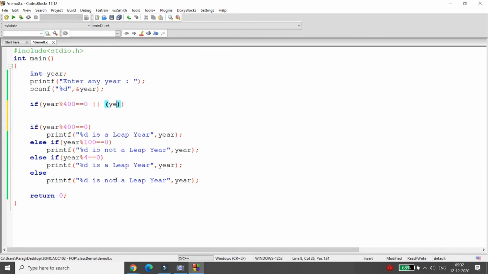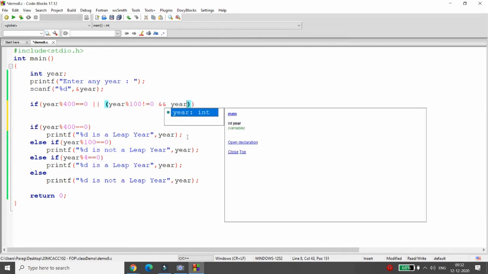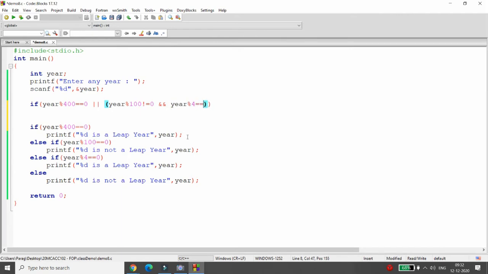In the situation where year modulo 100 is not equal to 0. Why? Because if year modulo 100 equal to 0, then it will not be a leap year, right? So I'm writing here year modulo 100 not equal to 0 and year modulo 4 equals 0.